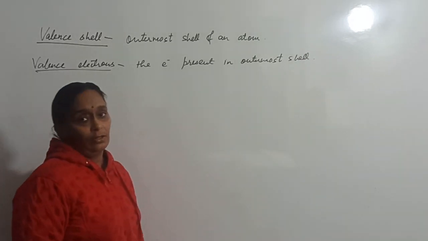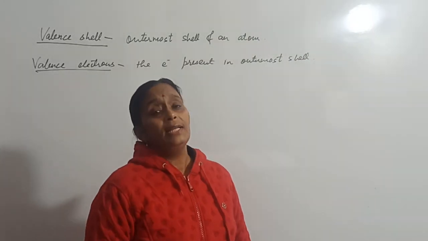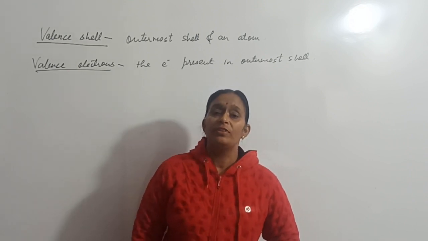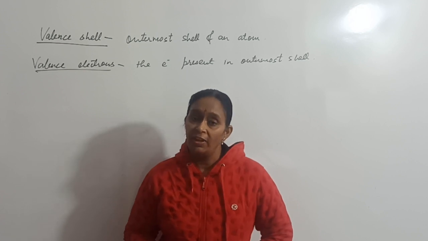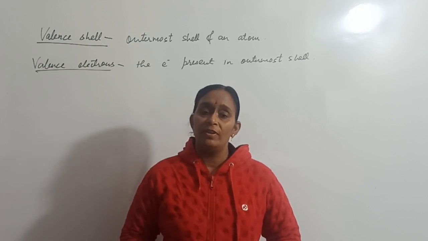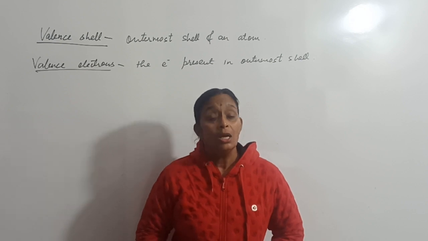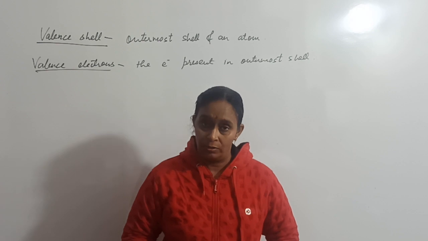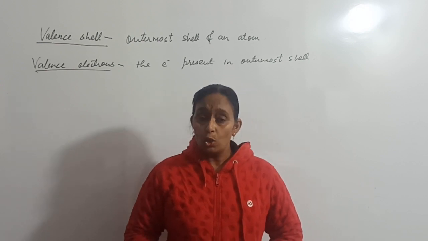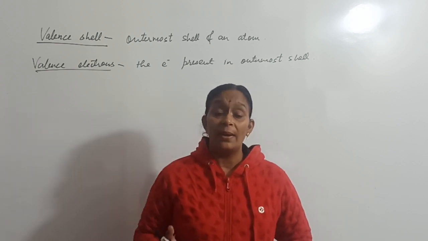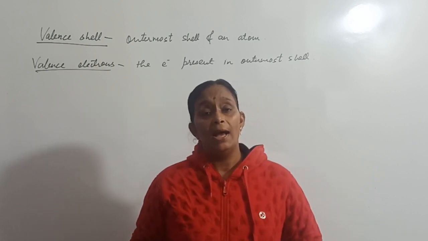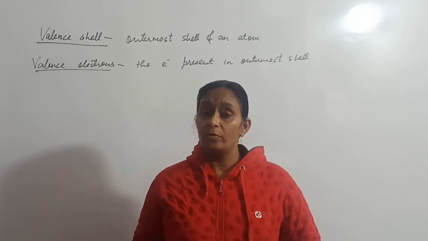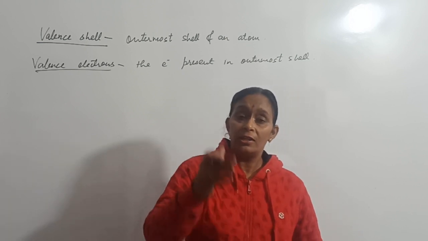are called valence electrons. Now children, these valence electrons are the ones responsible for any kind of chemical property of an atom. That means chemical properties of an atom depend on these valence electrons, because the valence electrons of an atom only take part in a chemical reaction. I have told you in the chapter periodic table, if atoms have the same number of electrons in the outermost shell, then they show the same type of properties, and in the periodic table they are kept in the same group.